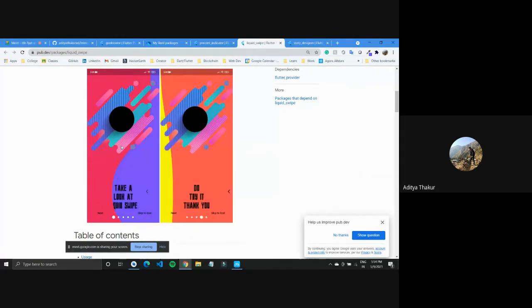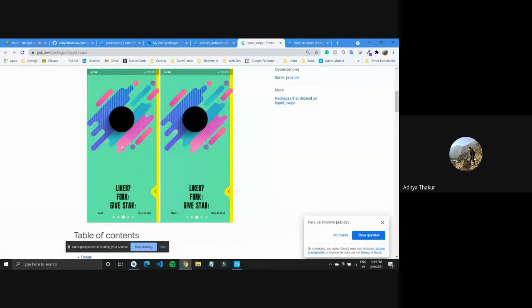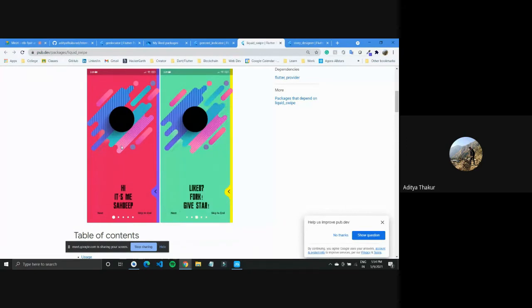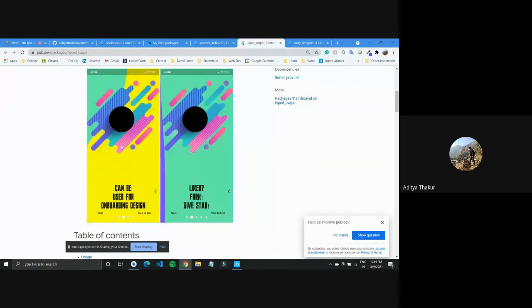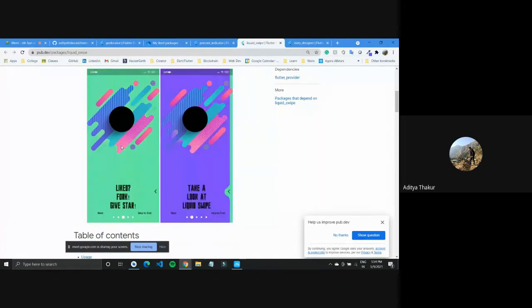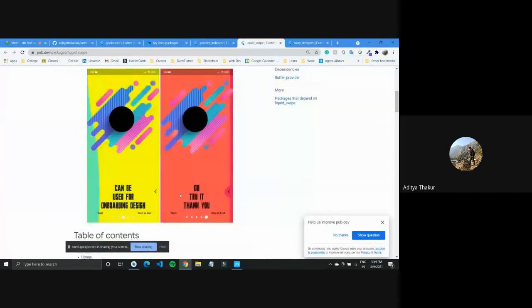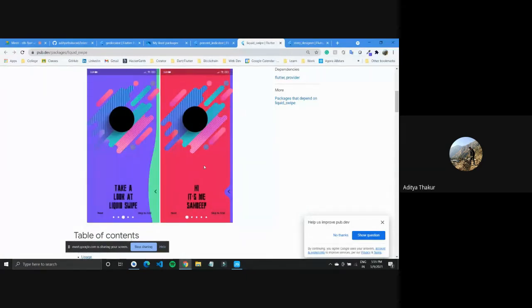Because they don't focus as much on functionality, and they don't focus on UI also. But if you make it good, if you make it appealing, then there are chances that you will win. Because in 48 hours normally, the time period that hackathons are, you have to work on one functionality and get it done. But to get some extra points, you can make it visually appealing. So such packages are really useful to add that extra thing to your Flutter application.